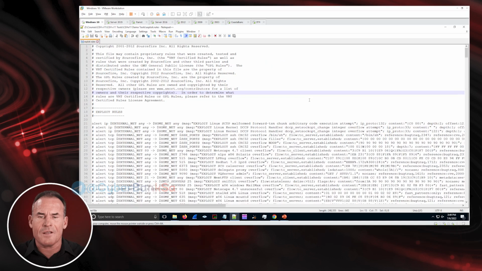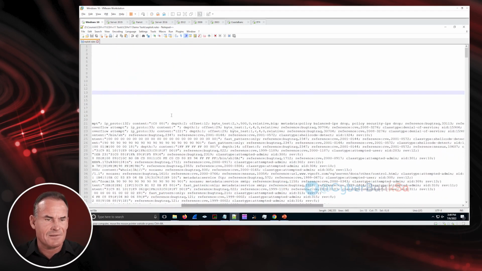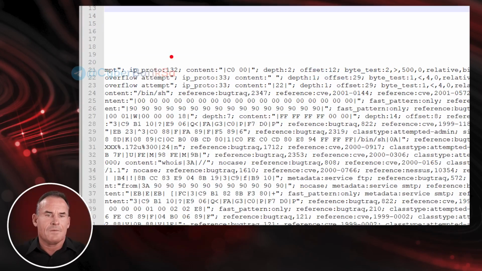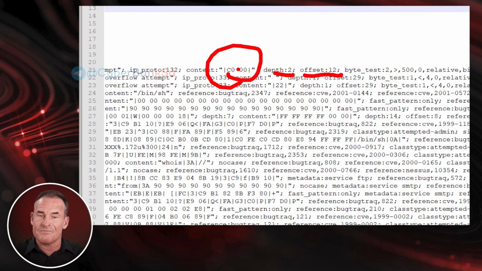All right, so at the core of a lot of this is just pattern matching. When I look for content, I'm looking for what is encapsulated between the double quotes. So C000, that's just hexadecimal data. I'm looking for it at an offset of 12 and a depth of 2. So bytes 12 and 13 in the packet, if they match this pattern matching, ding, ding, ding, that's an